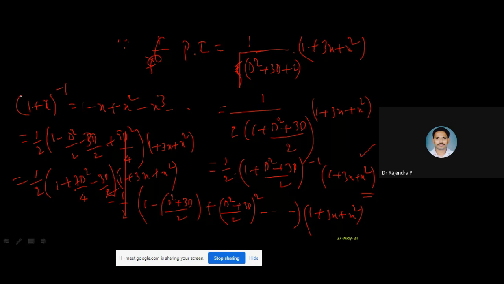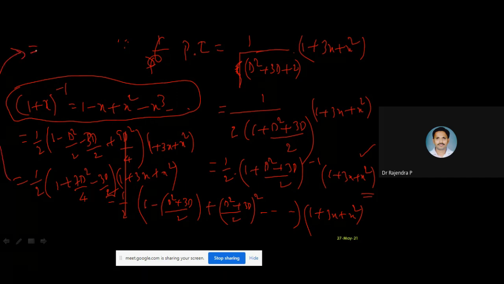Now you tell me, this is the formula anyway. With this formula, we expanded this. Now tell me the final answer here. Final answer, 1 by 2 of 1 into this whole polynomial. That means 1 plus 3x plus x square plus 7 by 4 d square. First time derivative 2x plus 3. Second time derivative 2. Right? Yes. Minus 3 by 2, first time derivative is 2x plus 3. Correct?